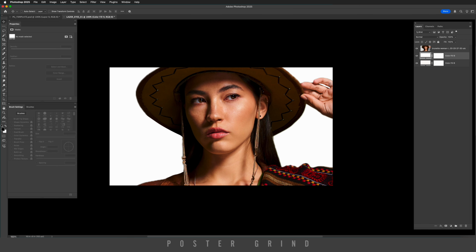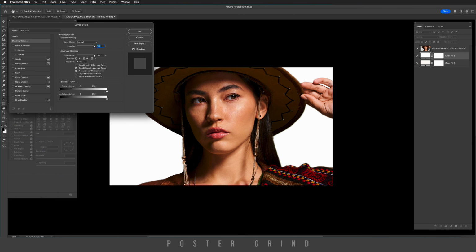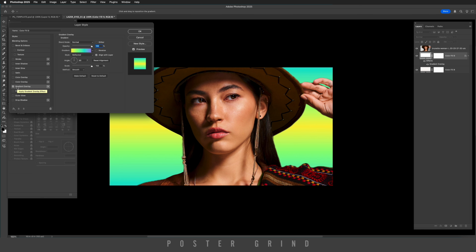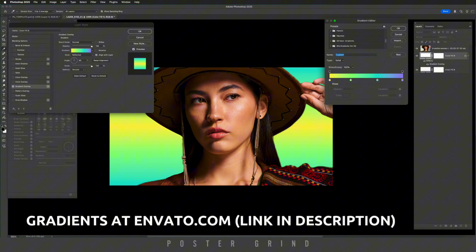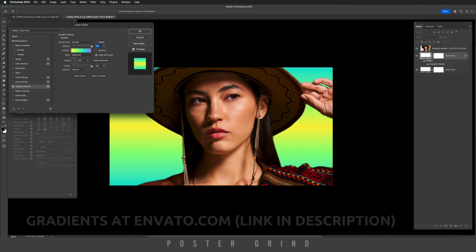And then we're actually going to go to layer styles. So I'm going to double click on that layer. Now we're in layer styles. I'm going to go down to gradient overlay. Then we're just going to select a cool gradient. I picked up a bunch of awesome gradients over at envato.com, so you can head there and do the same if you want. This one is from the 36 neon gradients. I like this yellow and green scheme that we got going, so I'm going to hit OK and move on